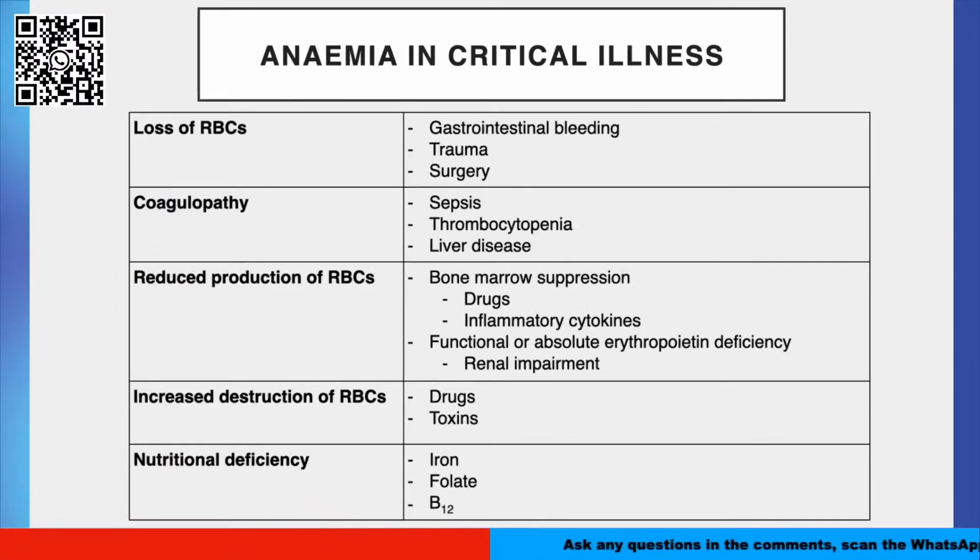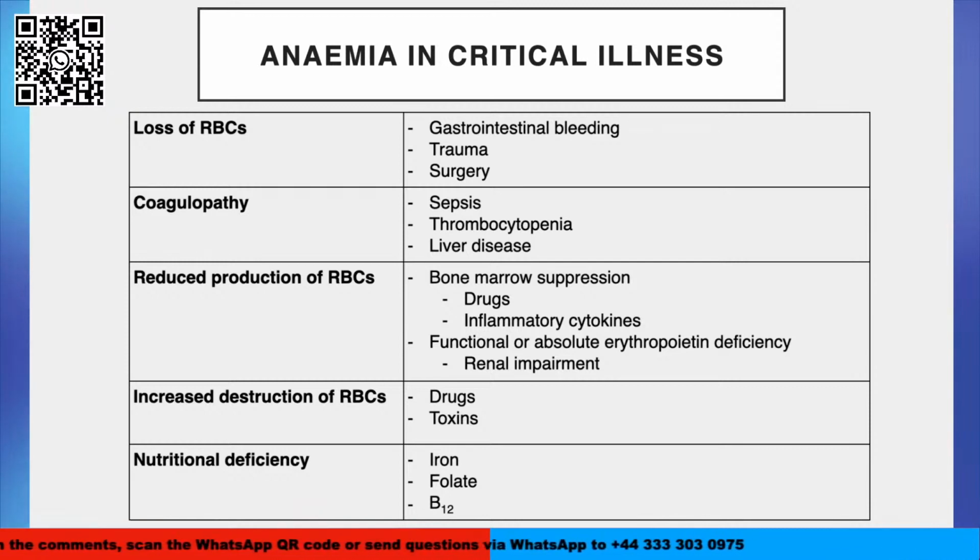Finally, I'm just going to move on to talk a little bit about critical illness and mention a few trials which might be of interest. So firstly, anemia of critical illness. Many patients admitted to critical care are anemic, and there's many reasons for this. It could be something iatrogenic, such as we have given them fluid resuscitation and hemodiluted them, but always think of things in